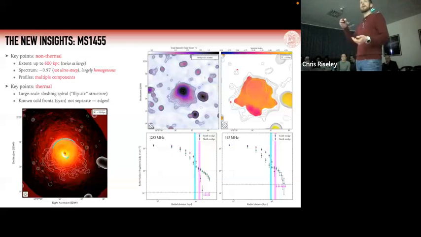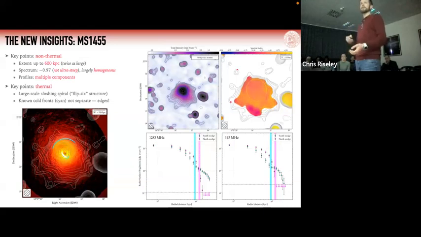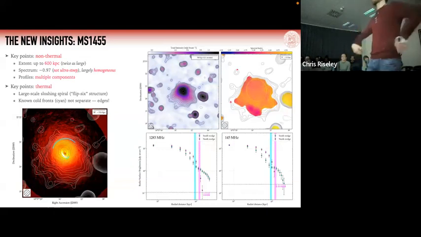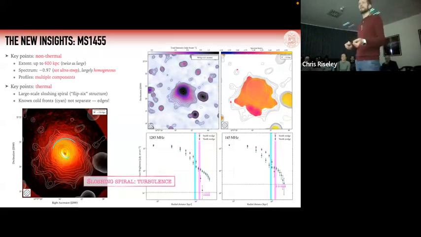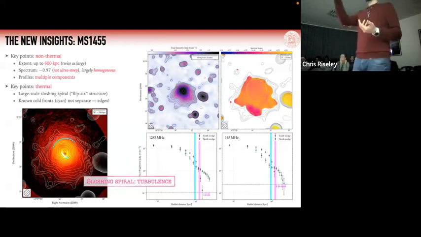And then when you see where the radio emission lies, the brighter part of the mini halo fills and traces this inverted flip six, this sloshing spiral. But when we look at lower frequencies, lower resolution, sorry, this is all our MeerKAT data, the radio emission goes quite a long way beyond the sloshing spiral. So while we've got this clear evidence of turbulence at work in the intracluster medium, if the particle acceleration is confined to the region where we've got the strong signs of turbulence, how are we getting acceleration on these very large scales outside there? That's one of the questions that we were working on answering.